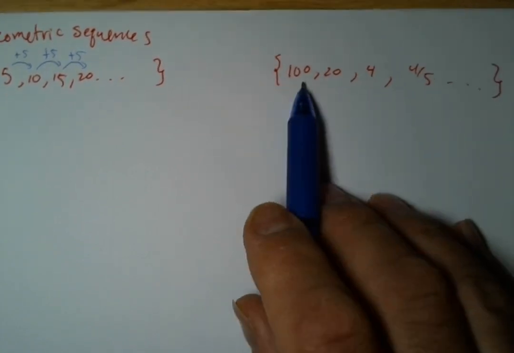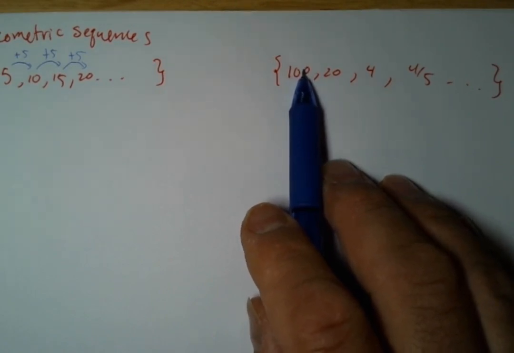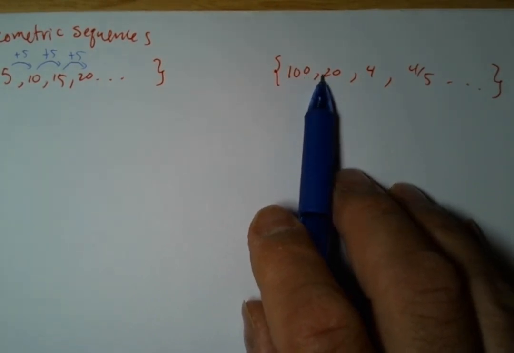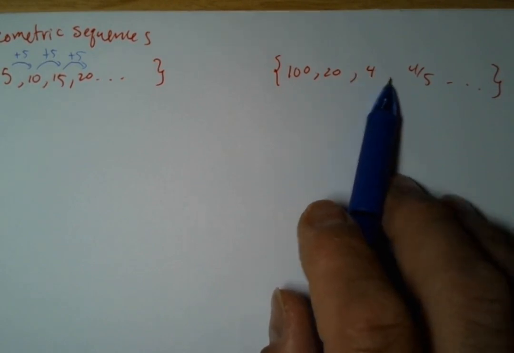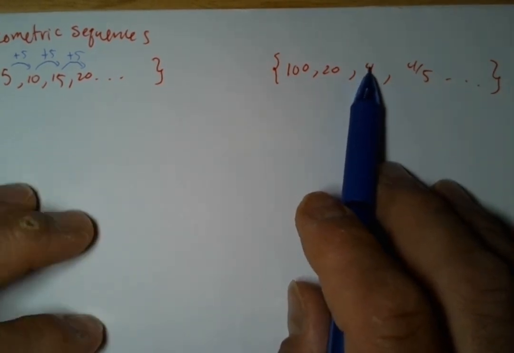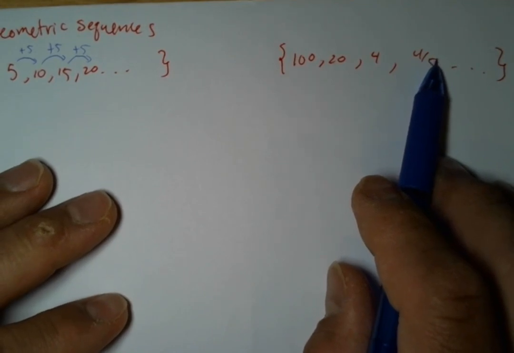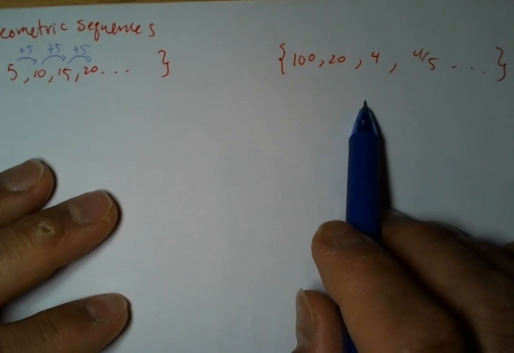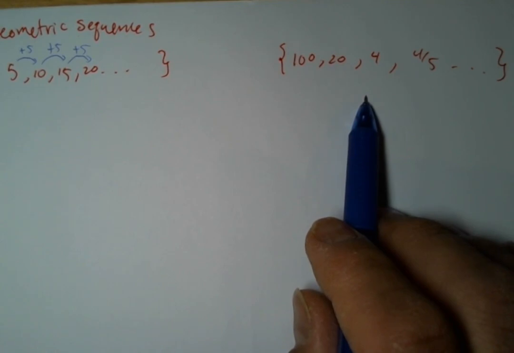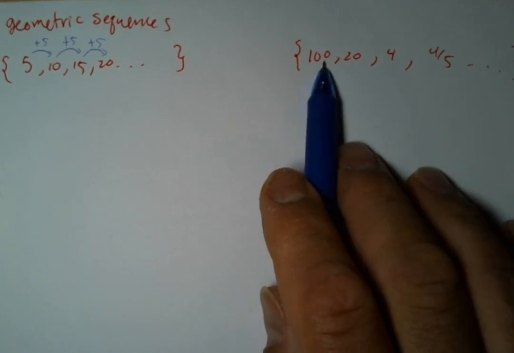Now, if we notice here, this type of adding or subtracting doesn't really work out, because here it looks like we take away 80, but then 16, and then 3 and 1/5. That's not the same value that I'm subtracting or adding. So this is a different type of relationship. While it may seem that there isn't any pattern here, there actually is. If I look at the second term and divide by the previous one,